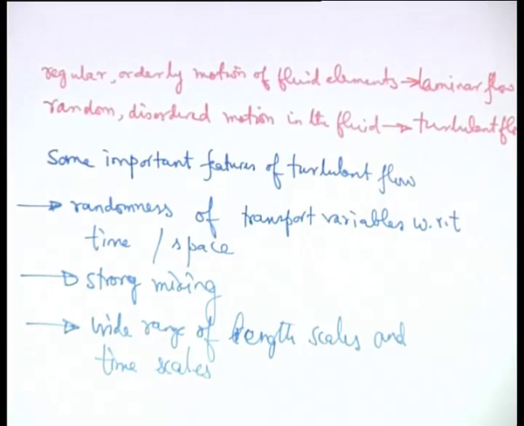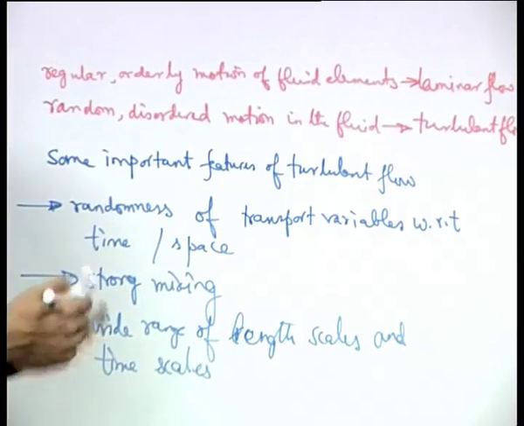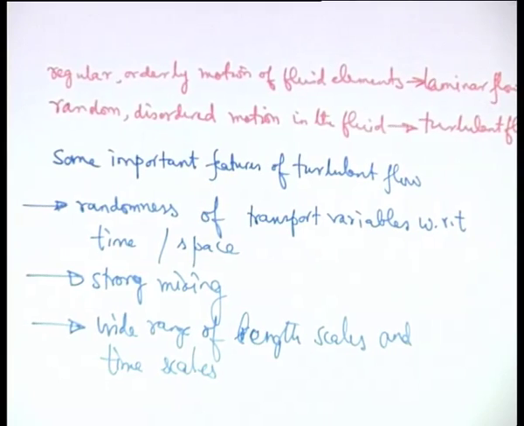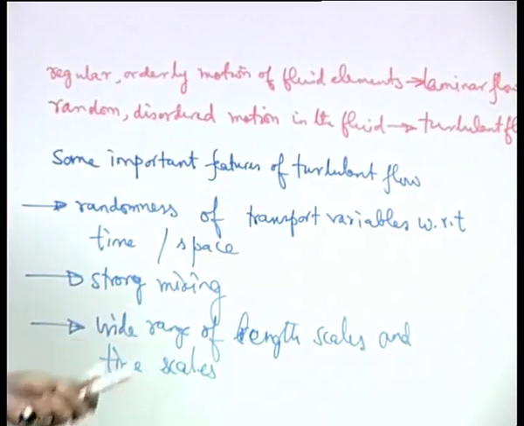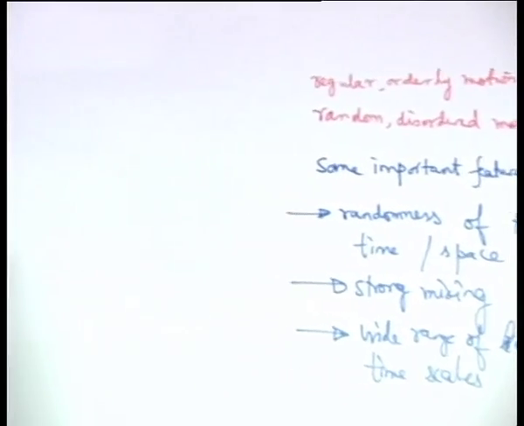To understand what the ranges of these length scales are, and how they pose challenges in terms of representing the turbulent flow through statistical equations, we will see later on why statistical treatment is necessary. But even before that, just to appreciate the different length scales and time scales, let us try to identify some of the basic entities in a turbulent flow.